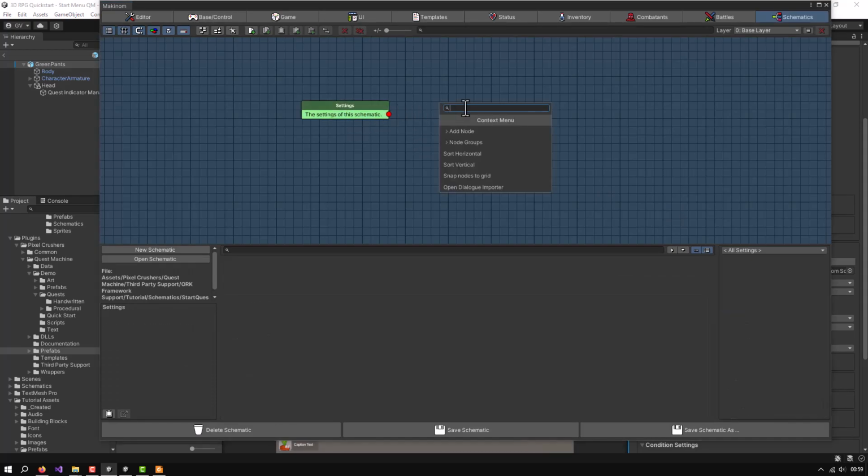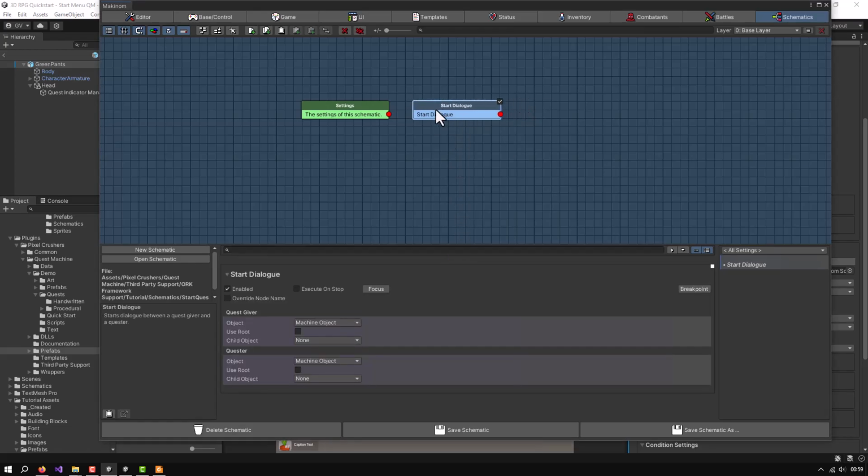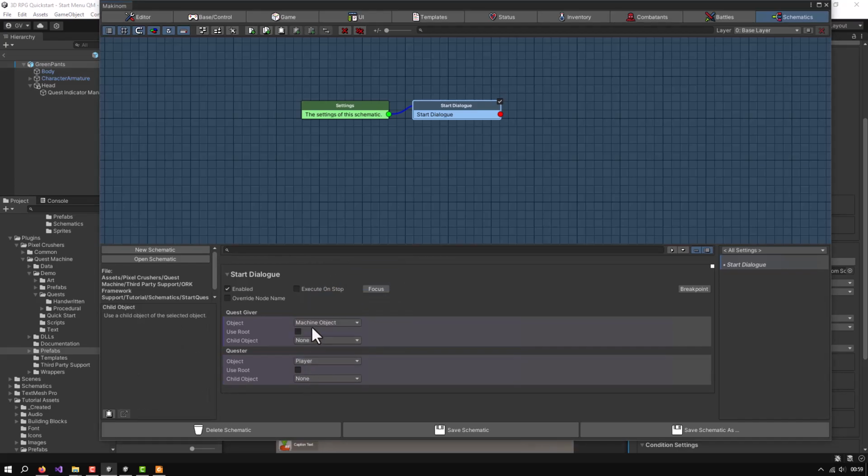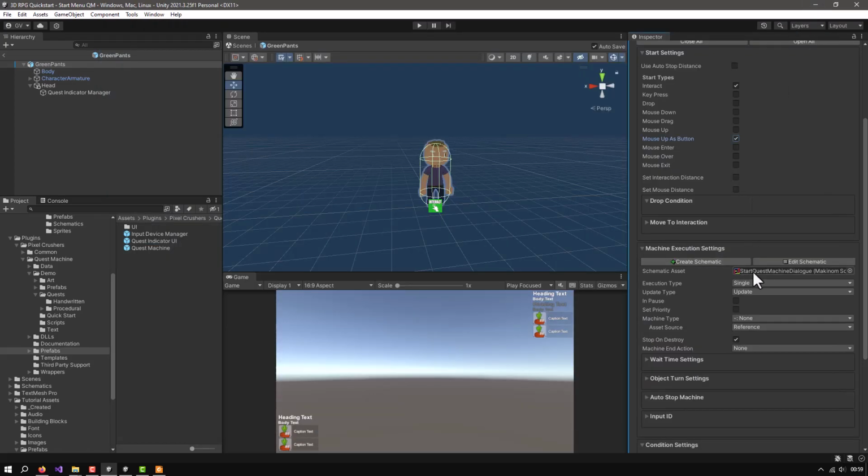And from here we can now add a node. We can scroll down where we see Quest Machine, and from here it will be Start Dialog. Let's link it up, and the quest giver is the game object that has this Quest Machine object running, and the quester is going to be the player. There we go. Save the schematic once again, close the editor,